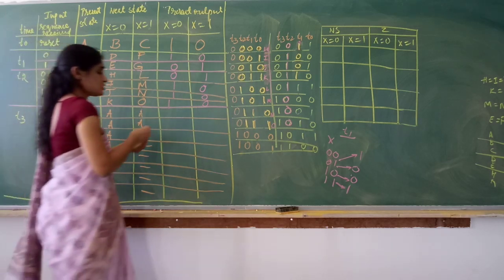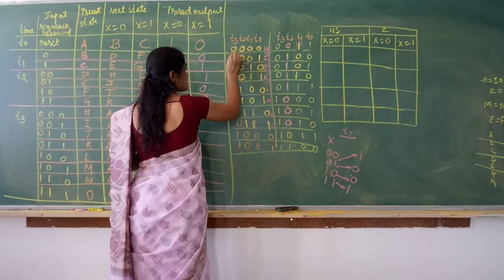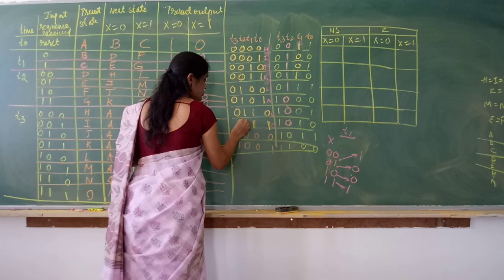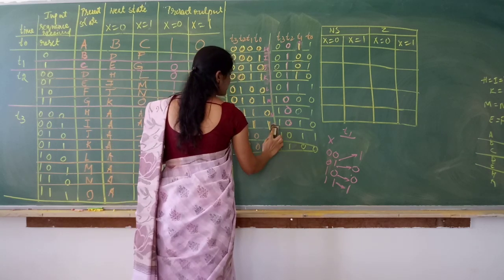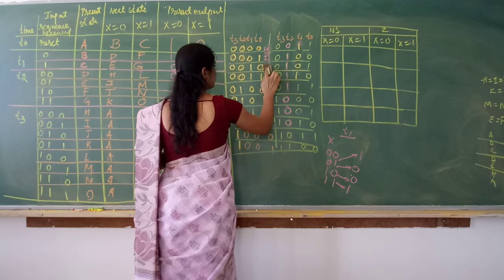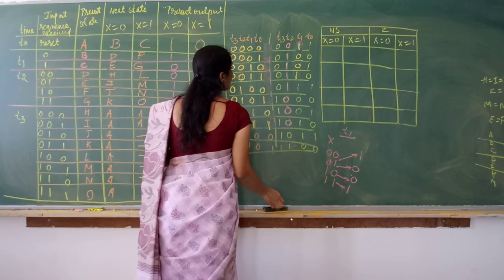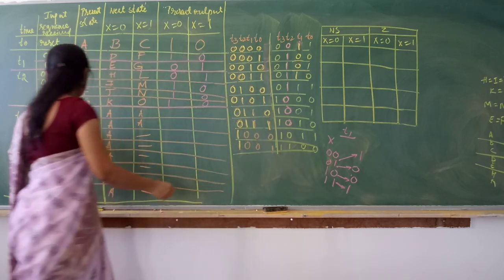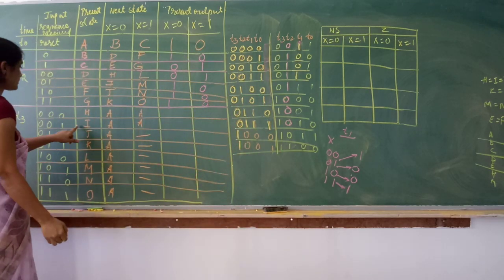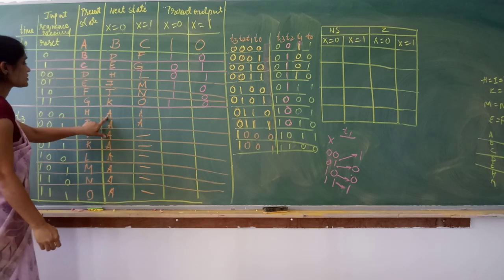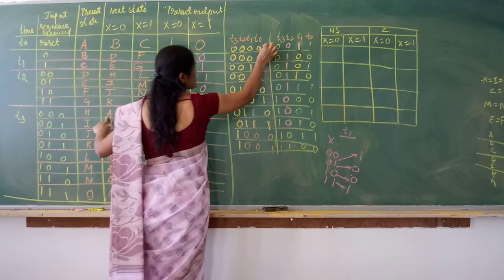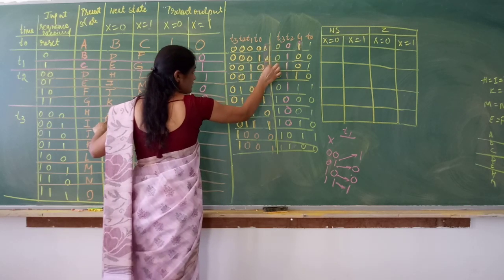4 bits. So the last bit, 0, 0, 0, 0, 0, 1, 0, 0, 1, 0, like this. All the 4 bits we are going to receive, right? So if we receive all the 4 bits, 0, 0, 0, 0, it should reset. Correct? So all the states will be reset.